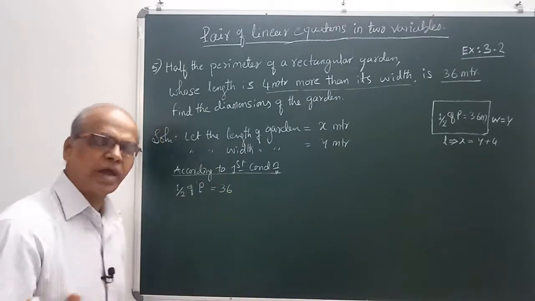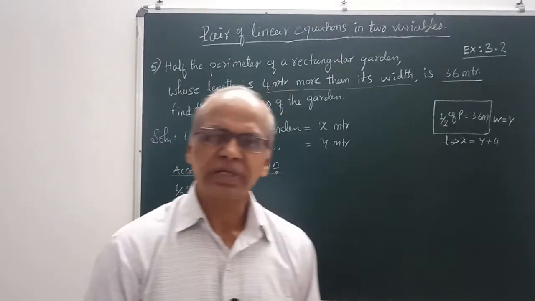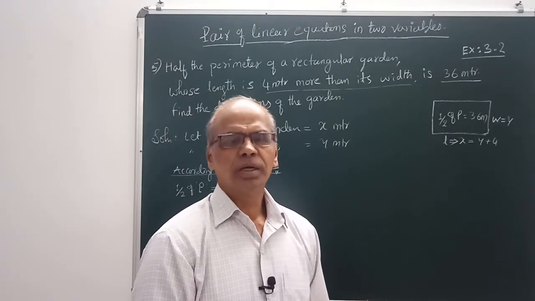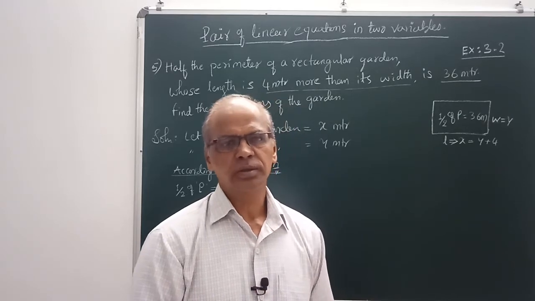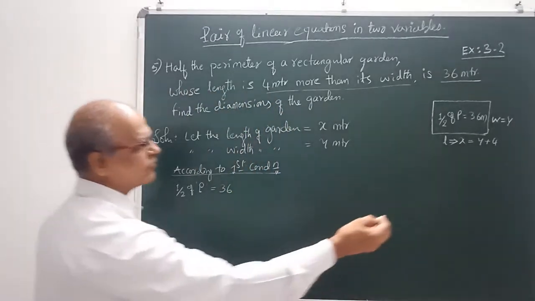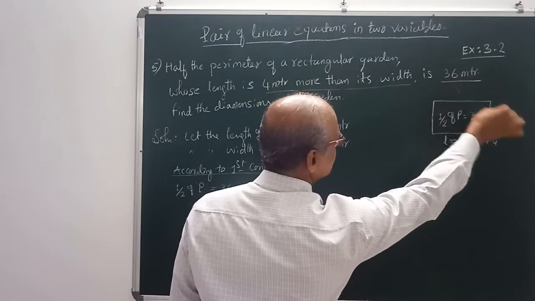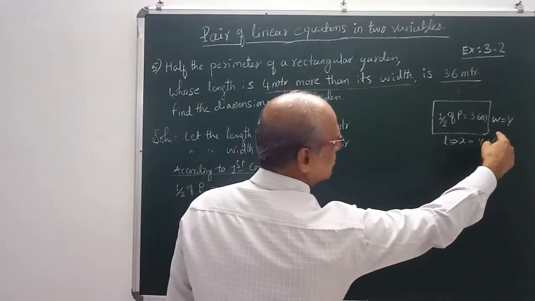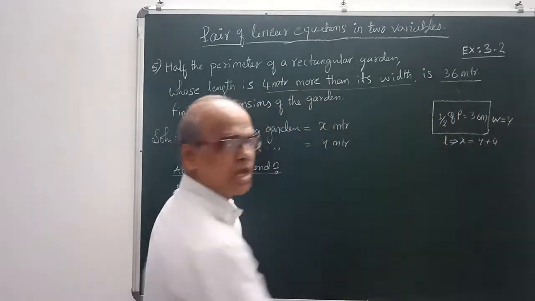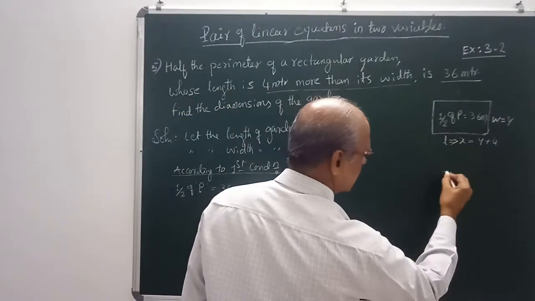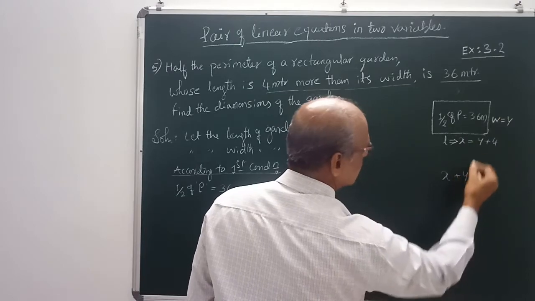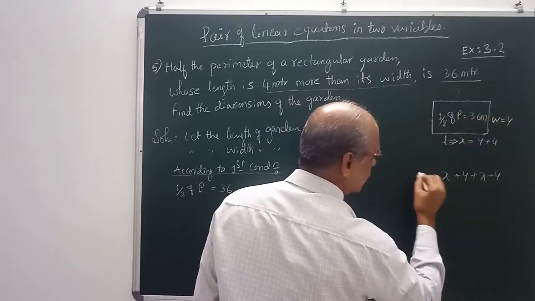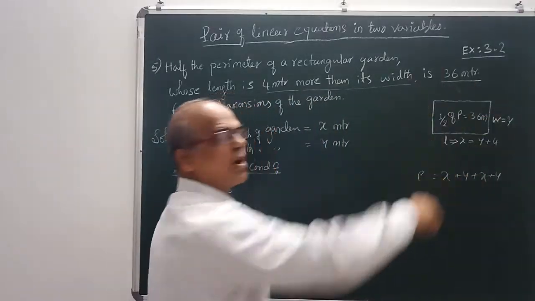Okay, now let us find out what is the perimeter of the rectangular shape. Do you know? Just recall. Perimeter of the rectangle is what? You see for example here, this is x and this is y we have taken, all sides, isn't it? AB plus BC plus CD plus DA, isn't it? That means x plus y plus again x plus again y. This is equal to perimeter, isn't it? Means sum of all the sides.